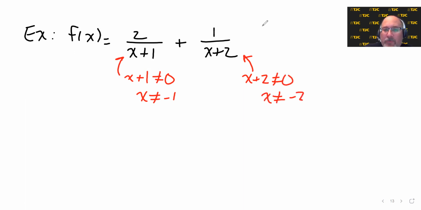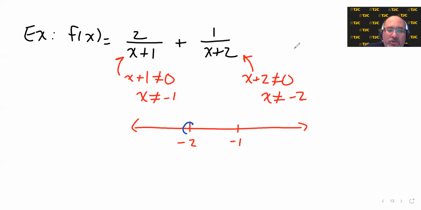So we simply need a number line that's everything except those numbers. Well, we've already seen a situation like this before. Here's -2, here's -1. Make sure you put them in the correct order. Our number line has to exclude those, so we'll put an open circle around them, but it includes everything else. So it includes the part to the left of -2, the part between -2 and -1, and the part to